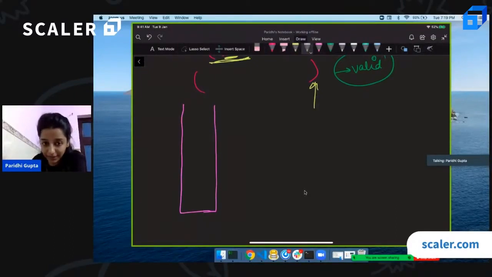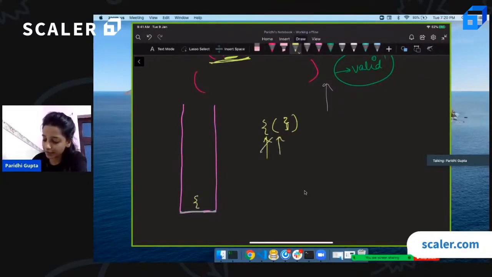But if the stack is not empty, we have to return false. That tells, even after iterating the string completely, if the stack is not empty, we will have to return false, right? Because there are still some unmatched opening brackets. Let's do a dry run of this as well. This is an opening bracket, move ahead, opening bracket, move ahead, closing bracket, but no corresponding match. Simply return from here.